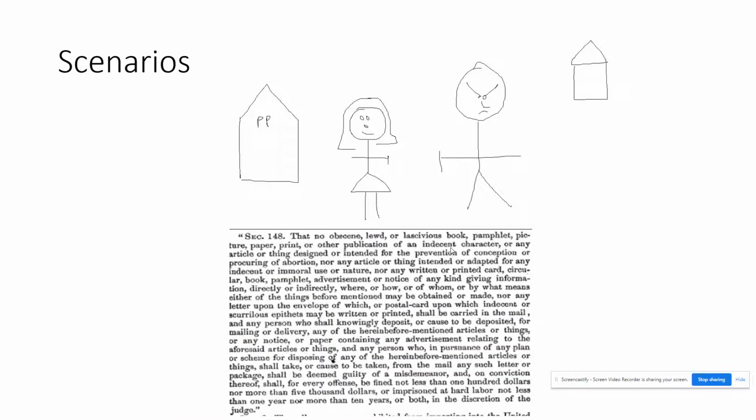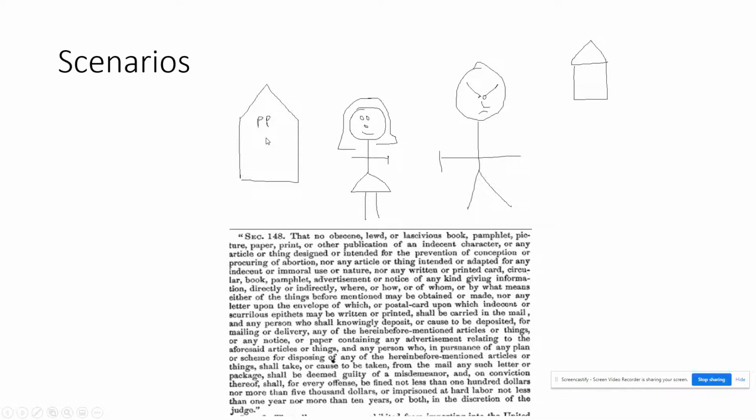In this particular scenario here, the woman in question has, let's say, the Grafenberg ring. The fact that she has this in possession says that she is in violation, because remember, you're not allowed to have any sort of instrument. Here comes Anthony Comstock, and they'll probably say something like, where are you going with that Grafenberg ring? You know, don't you know that you're not supposed to have that? That article is obscene. I know you're going to go into your particular home and you're going to engage in sexual act to avoid getting pregnant. Because of that, you're going to get arrested.